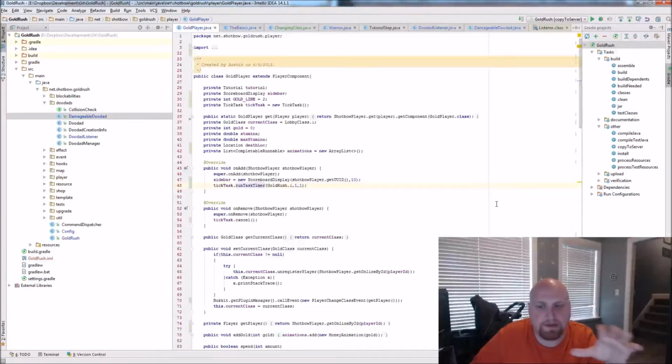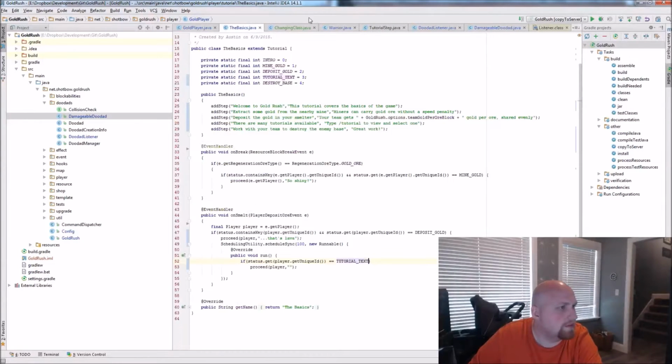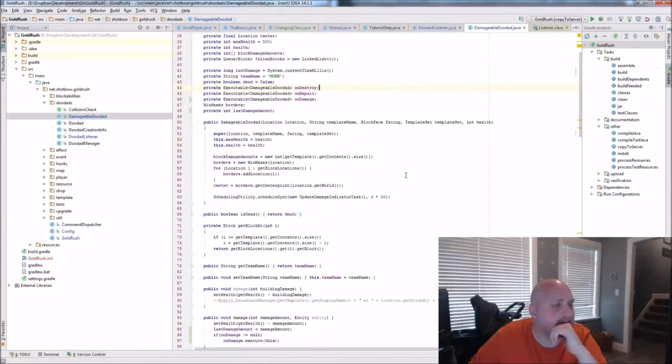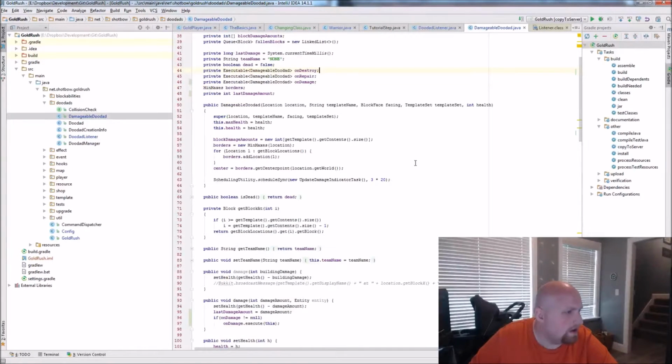So this basically is meant to be the player object, but since we're working with Bucket and the player object is already established, a way to pseudo extend it is to wrap it with something else, and that's what this basically does. Although it's more being attached to the Shotbow player, which wraps gold player, but that's not too important. Just fancy things on how we work on code.